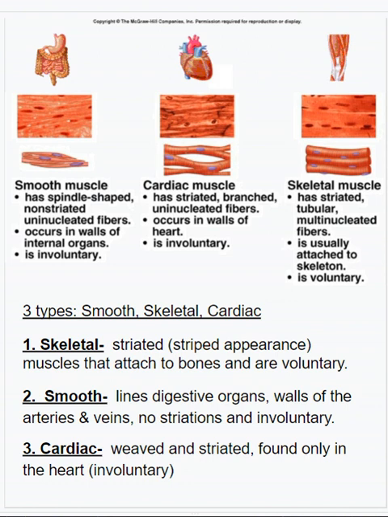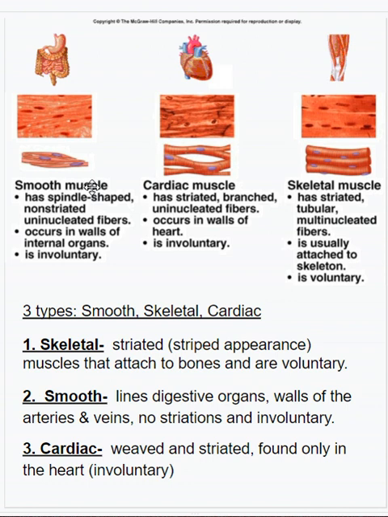That brings me lastly to the three main types of muscles that we have in our body. We have smooth muscle, we have cardiac muscle, and there's skeletal muscle. Now they have different characteristics. Some of them have similarities, so it's going to be important that you really look closely at these and understand the terms. Smooth muscle is called smooth because it does not have